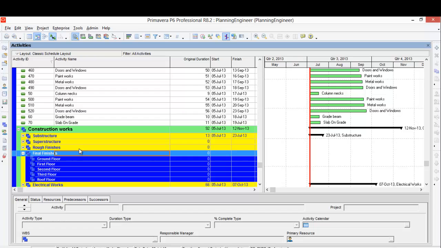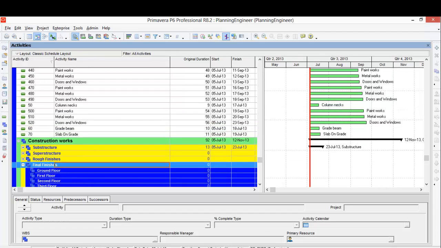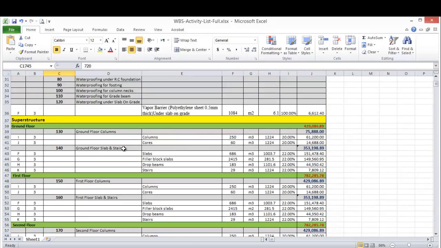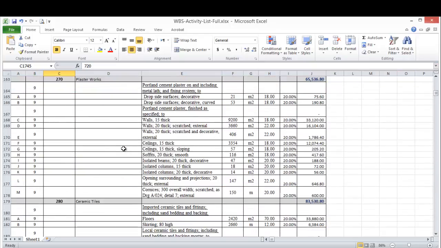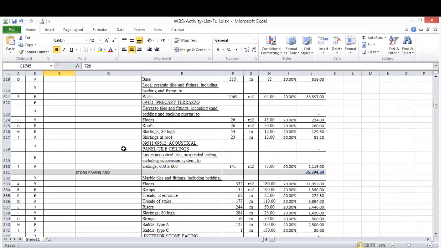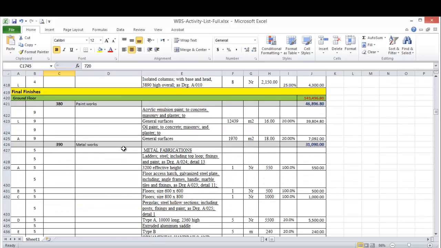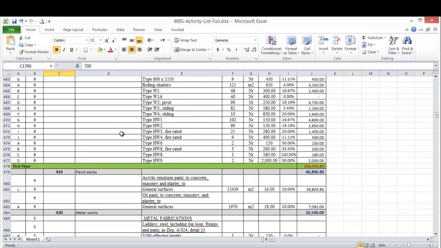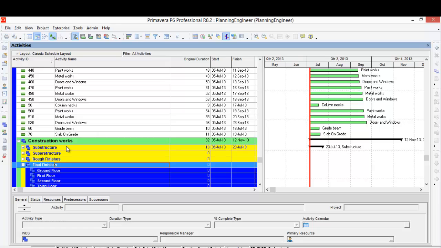We have the final finishes. Let's go to the cost loading to check how the final finishes are working. Final finishes were paint, metal, doors. So we have three items repeated: paint, metal, doors.